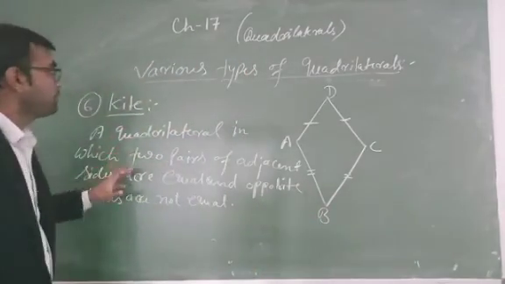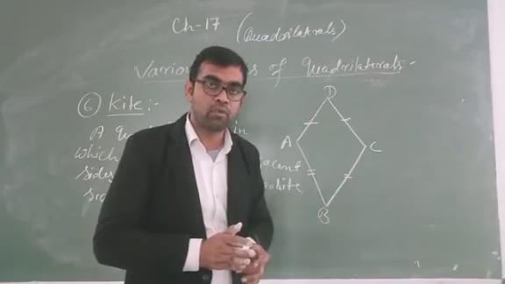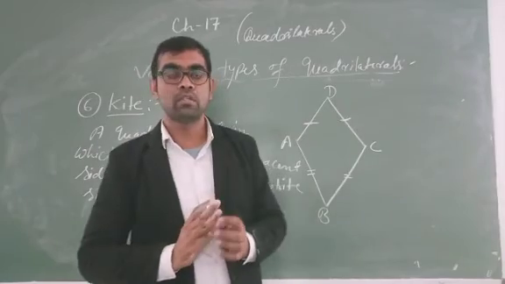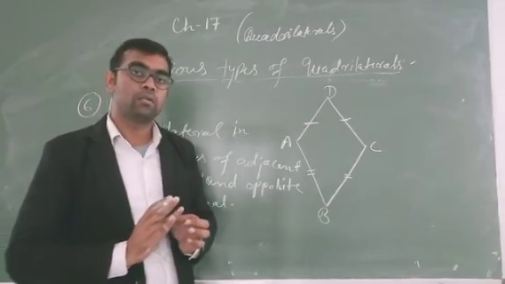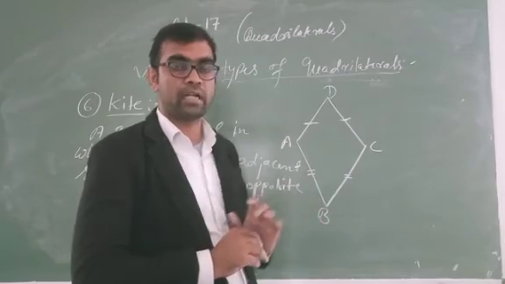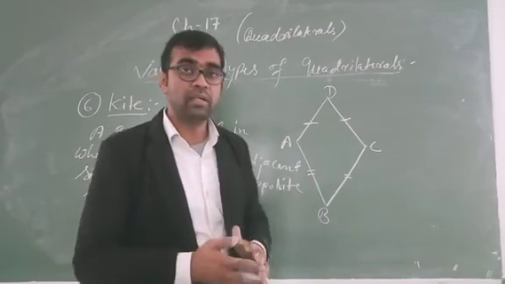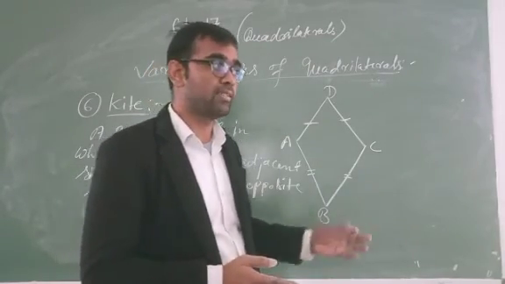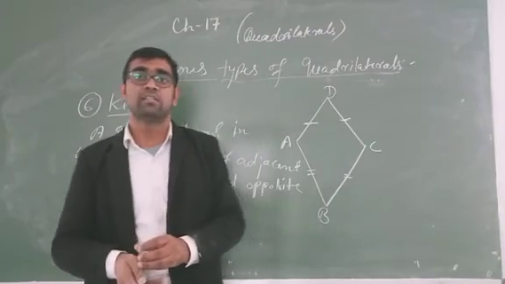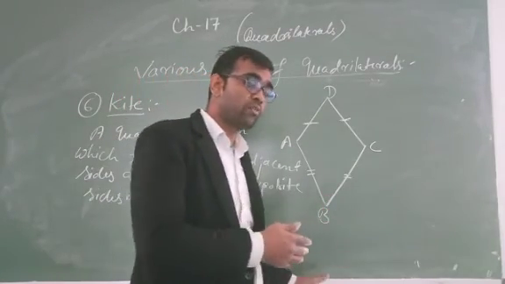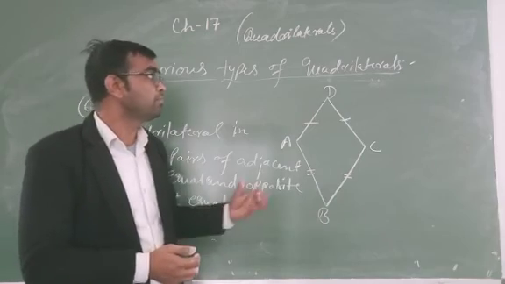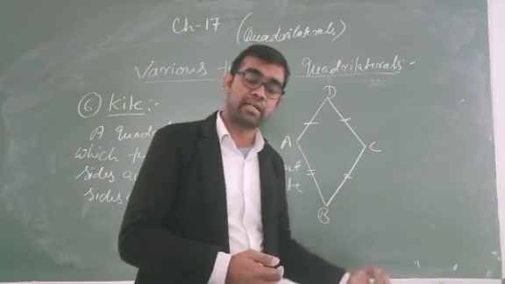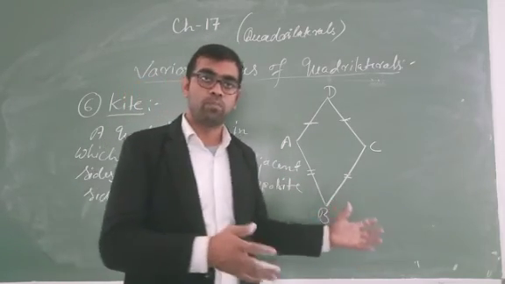So we learned various types of quadrilateral. There are 6 types of quadrilateral. First we learned trapezium, then parallelogram, rhombus, rectangle, then square, then kite. So in this chapter we learned the definition of quadrilateral, properties of quadrilateral, definition of vertices, adjacent sides, opposite angle, adjacent angle, then interior of quadrilateral, exterior of quadrilateral, boundary of quadrilateral, and then various types of quadrilateral. So trapezium, parallelogram, rhombus, rectangle, square, etc. I hope everything is clear.